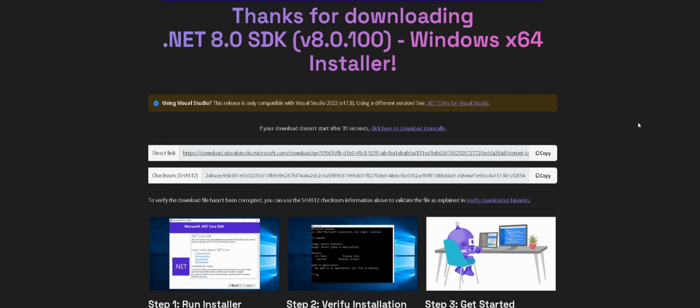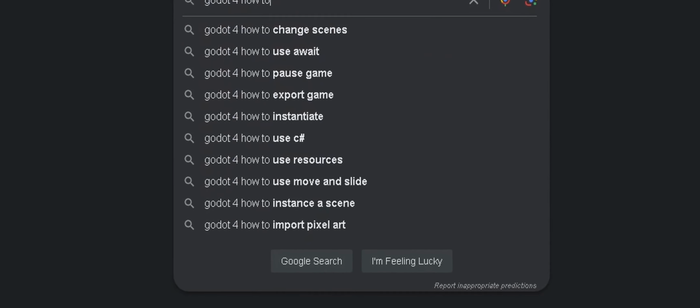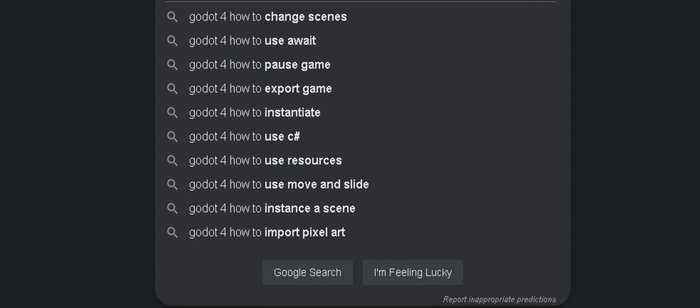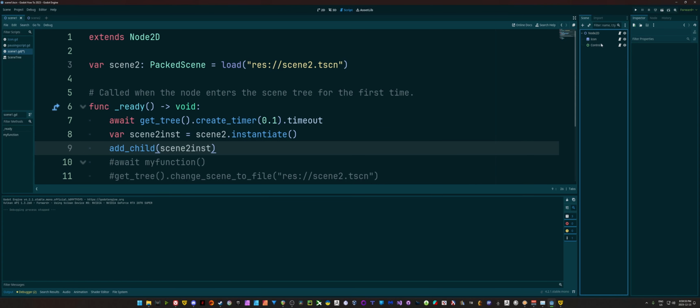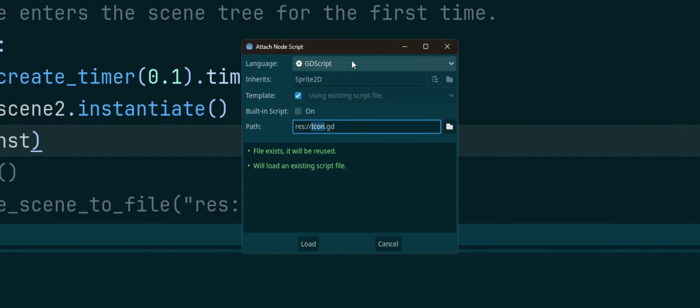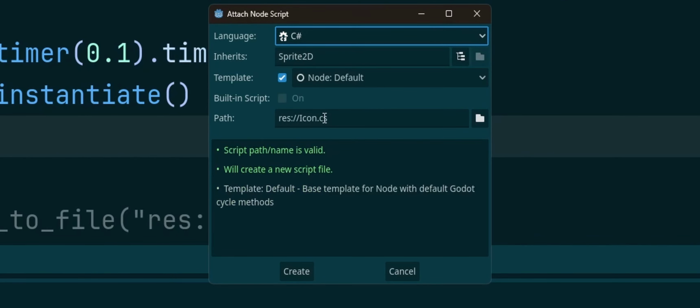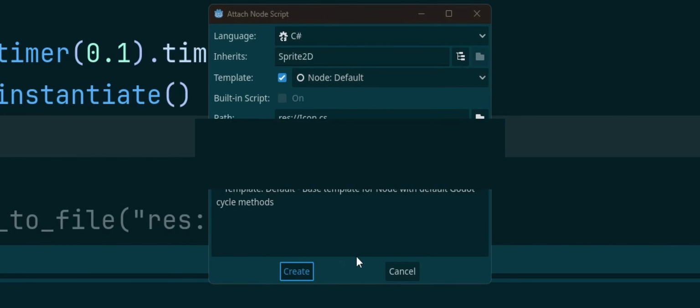Go ahead and run any installers that you get and all that. I do have to do this eventually myself if I wanted to upgrade. If you're going to use something like Visual Studio, then just make sure that you install .NET when you install Visual Studio, and you should be fine. But that's it. Once you get that, you should be able to use it just fine. And all you have to do when creating a new script, for example, on my icon here, I'm just going to remove my script there, create a new one, and you can just select C# from the drop down menu. It'll be changed to a CS extension. You hit create,